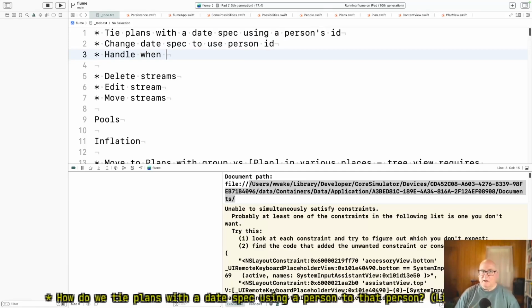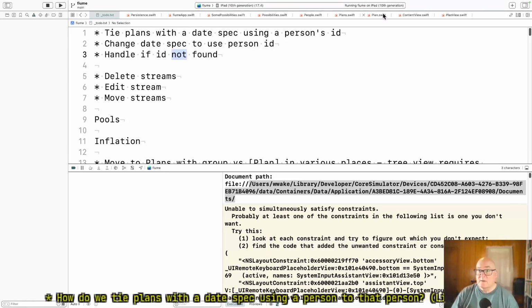Handle, well, let's just handle if ID not found. Okay, I think that'll be okay. Right now we don't delete, so there's theoretically not a problem, but I'm sure you could work up a way to do it. Okay, so tie plans with a date spec using a person's ID.